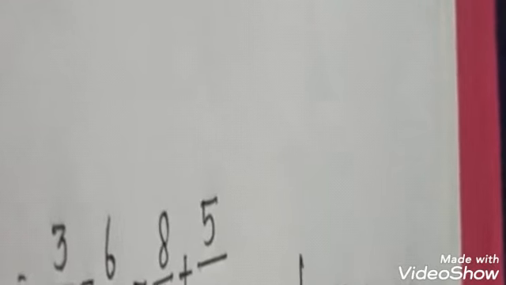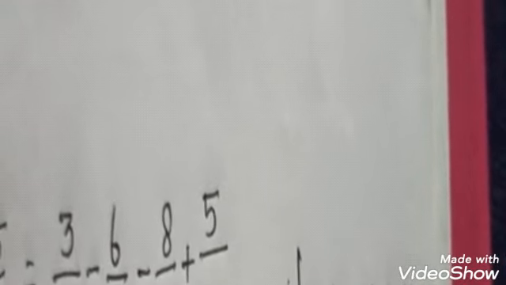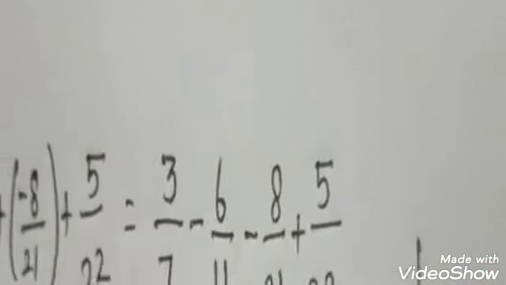In the 11th table, 22 comes 2 times. Now you have to see it should be 7 into 11 into 3 into 2. Because 3 and 2 are prime numbers, you have to use them separately. So I will take 7 into 11, 3 into 2. 7 11s are 77, into 6, you get 462 as the LCM. So I have to take 462 as the LCM for this denominator.